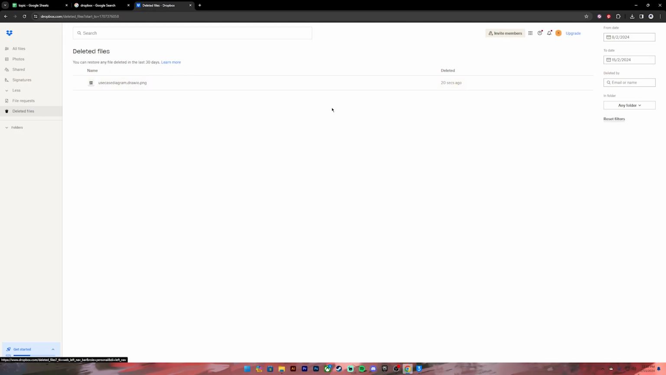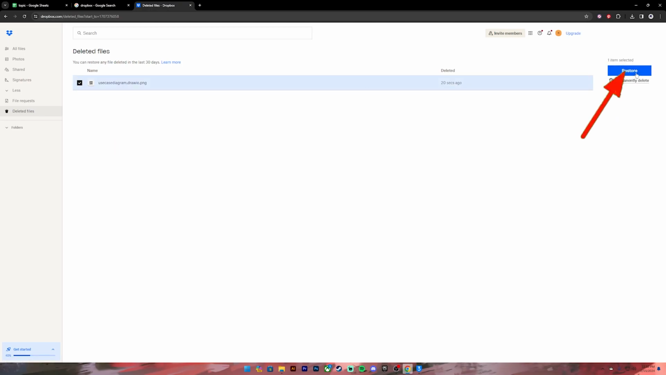Now, in case you want to restore this file, all you have to do is click on this box, then click on this restore button. Then the file will again go to the all files section, and if you want to permanently delete, then click